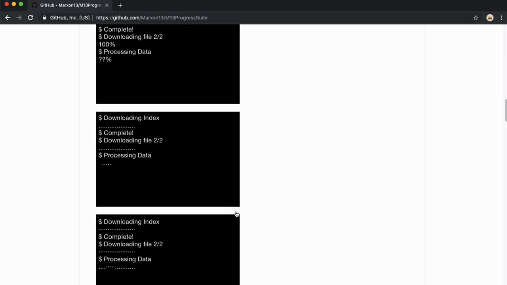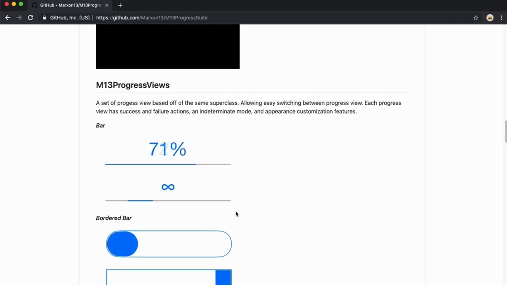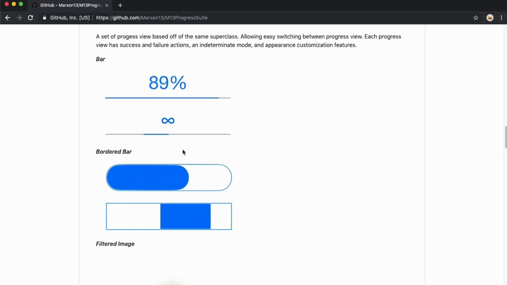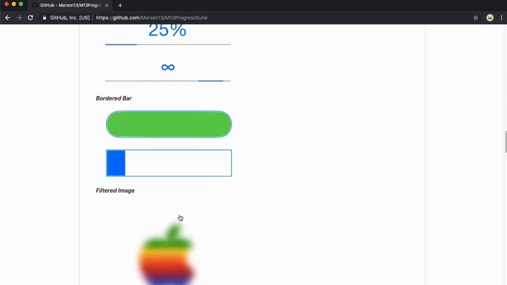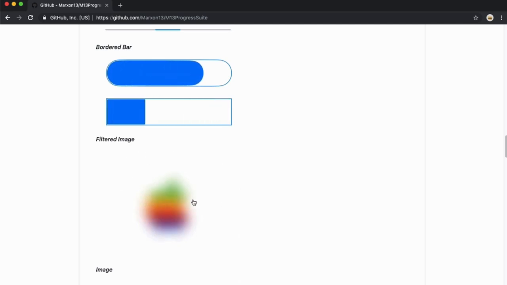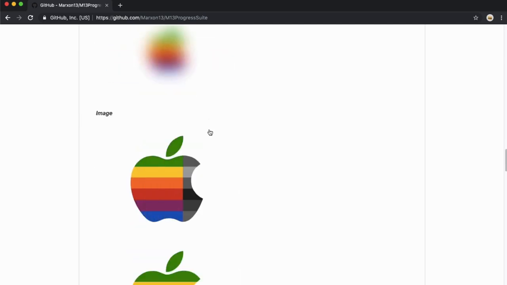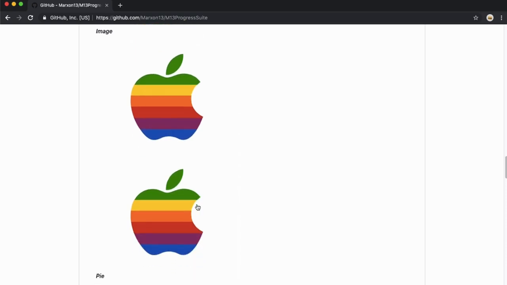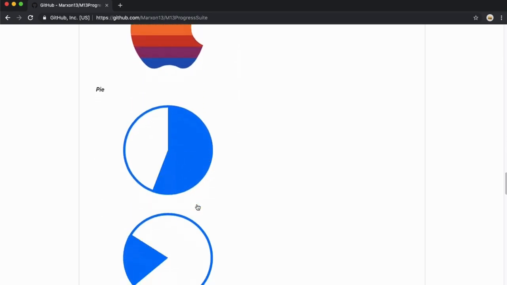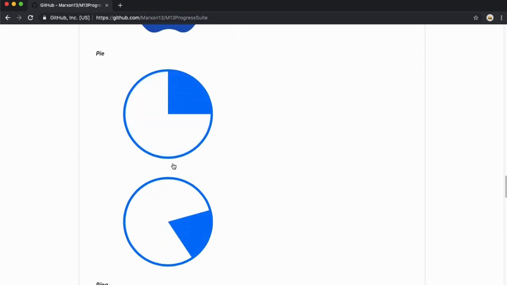As you can see, for an uncertain progress view you can use a bar, and for the progress bar, here is the border bar. And you can filter the image like this, very incredible. And for images, this is an API that you can use to create a beautiful progress display,